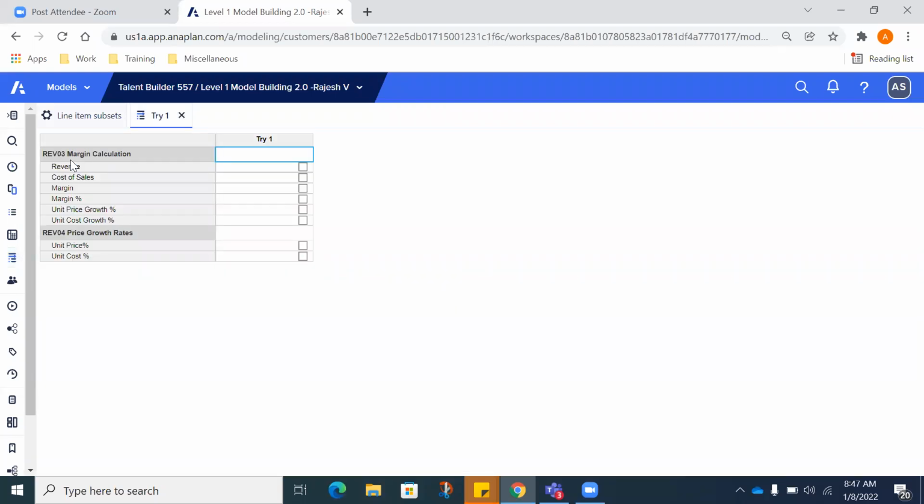Now I'm getting an option for what members you want to be added in a line item subset. And the member here means the line items which you want to be included under your list items. So for the example, maybe if I add these 4